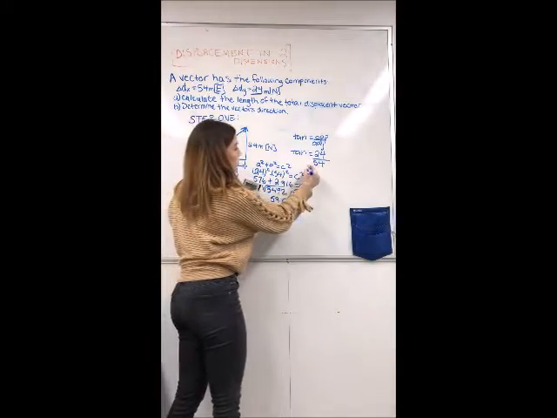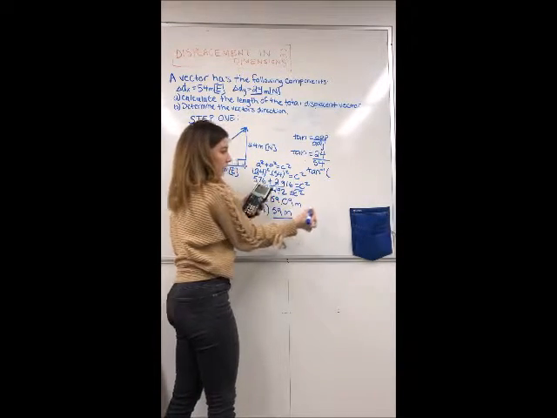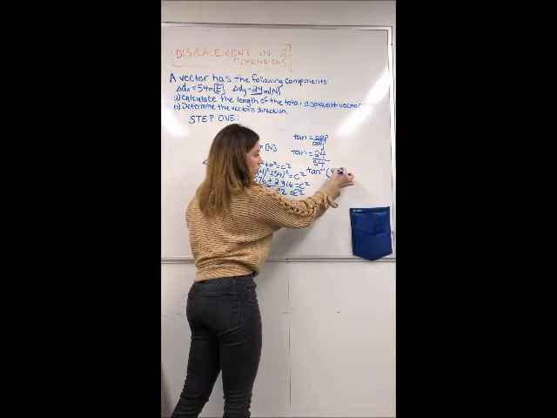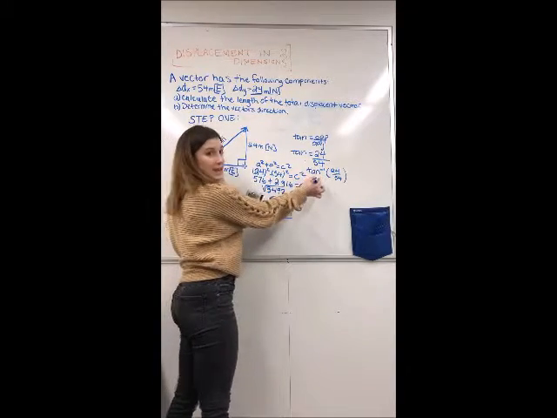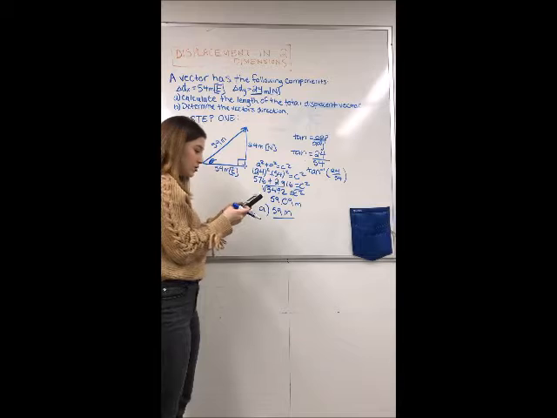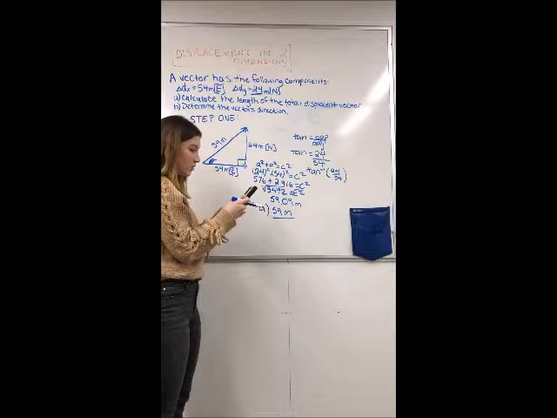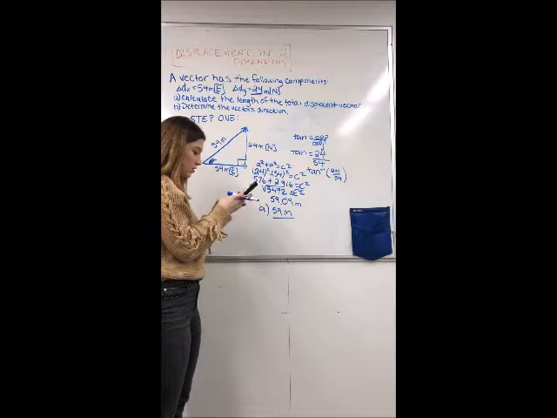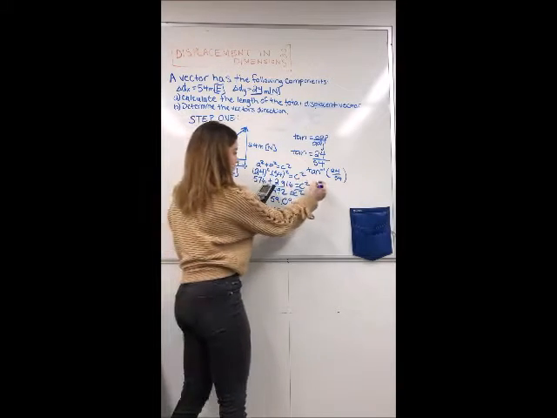So you're going to want to go second tan, so tan to the -1 on your calculator, because it's opening a bracket. 24 divided by 54. We are looking for an angle, so we go tan to the -1. So second tan on your calculator, 24 divided by 54, equals